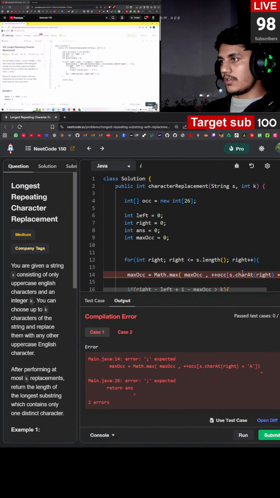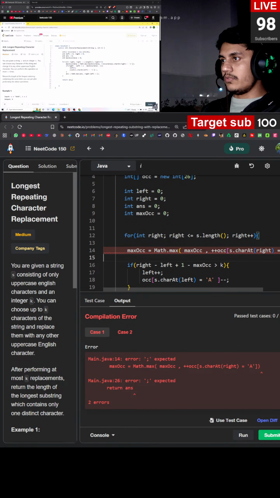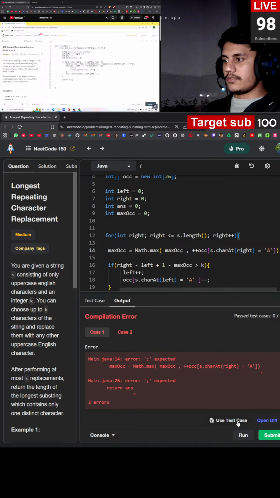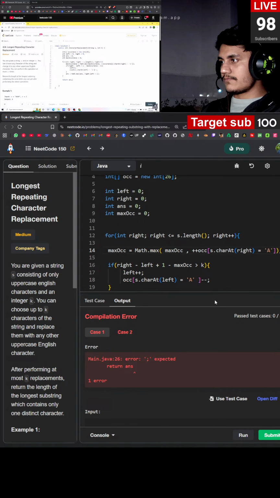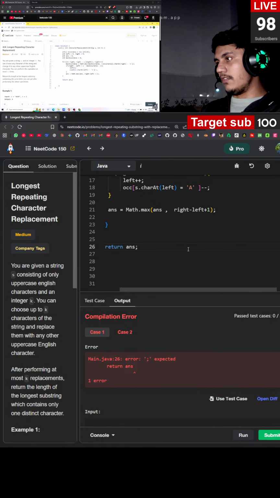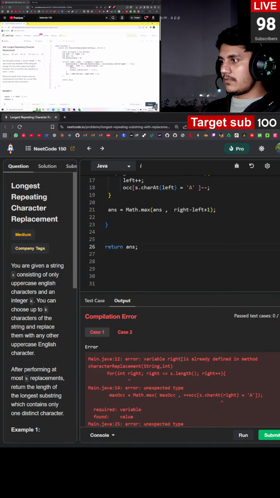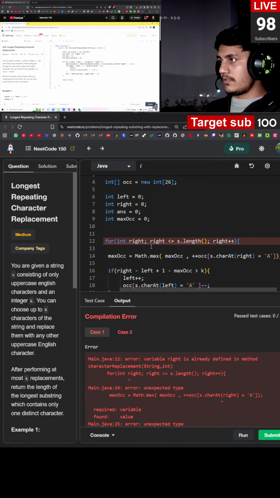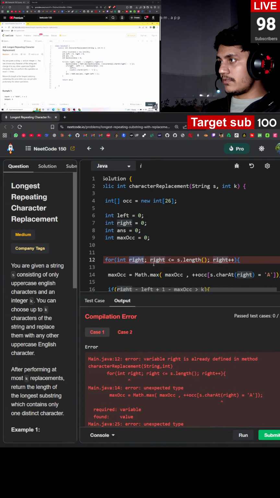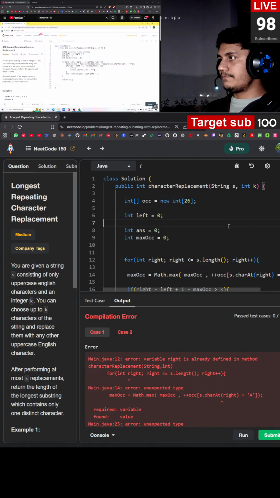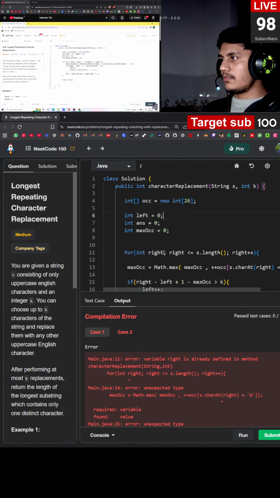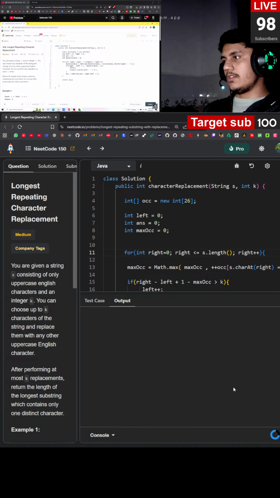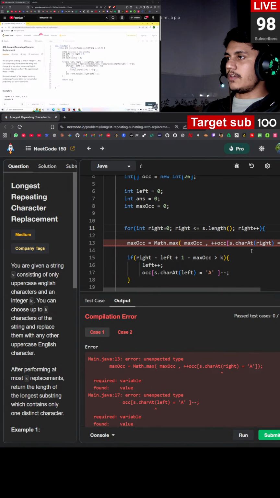बहुत बढ़िया, एरर के बिना तो काम चलता ही नहीं है भाई। सो व्हाट इज द इशू? ओके, सेमीकोलन, अगेन एक और सेमीकोलन। अब क्या दिक्कत है? int right, राइट राइट, यहाँ पे मैंने हरकत कर दी। राइट इक्वल टू 0, इसको 0 से करना है, ठीक है।